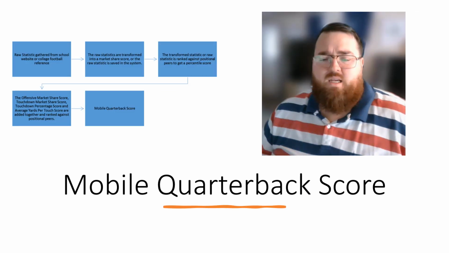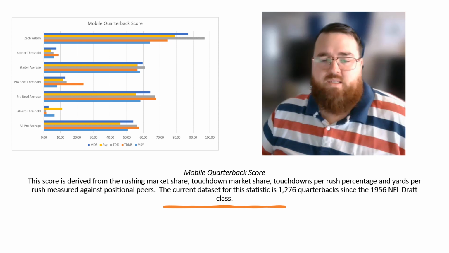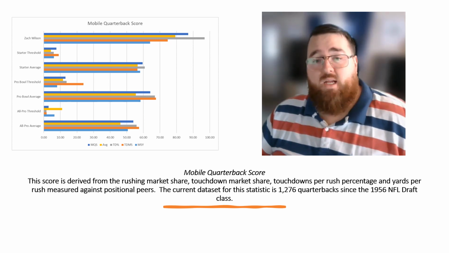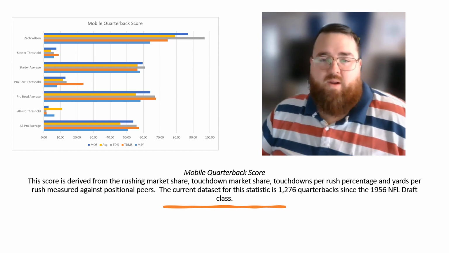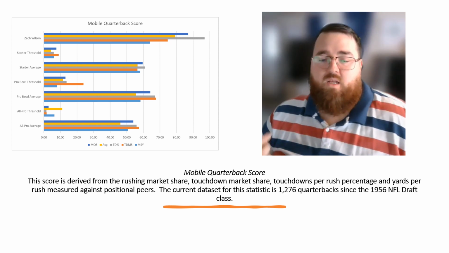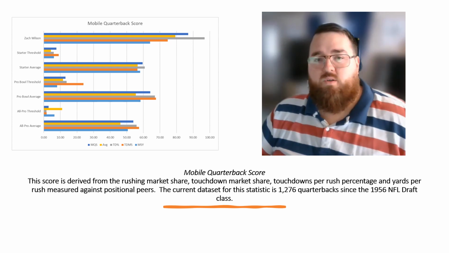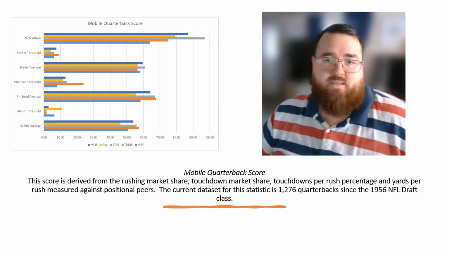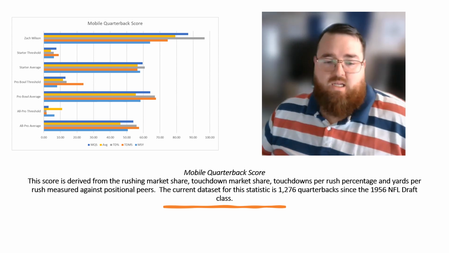So first off, taking a look at the mobile quarterback score, this takes a look at their ability to rush as a quarterback. And surprisingly, Zach Wilson actually had a pretty good mobile quarterback score overall. His overall score was in the 80 percentile range, which is pretty decent. Again, he wasn't like a crazy, ridiculous quarterback in terms of his feet, but he did make enough plays. He was able to get touchdowns with his feet. He was able to get decent yards per touch on the ground. So from that perspective, he was mobile. He's not a quarterback who has to stay in the pocket. He can run and get outside the pocket and make some plays with his legs, if you will.